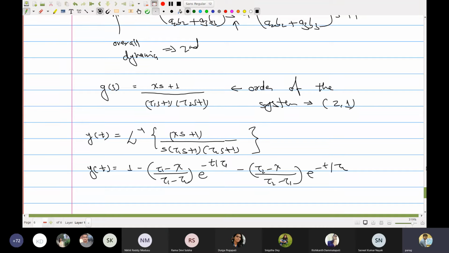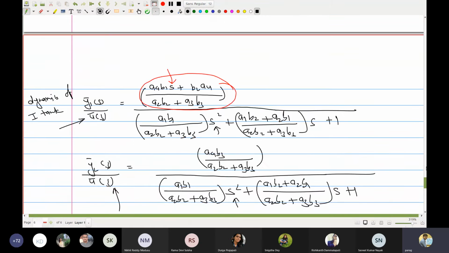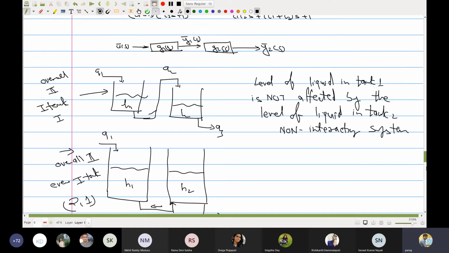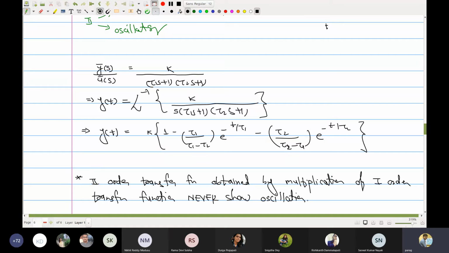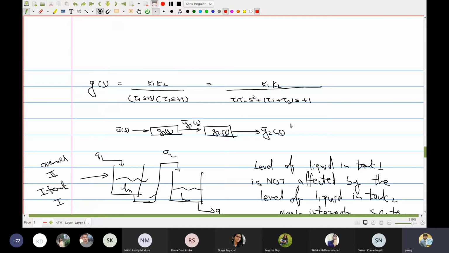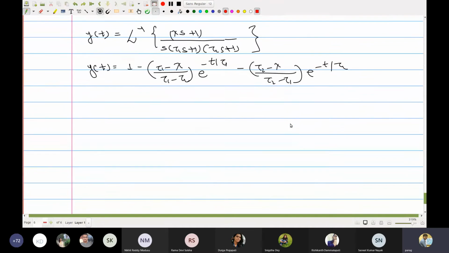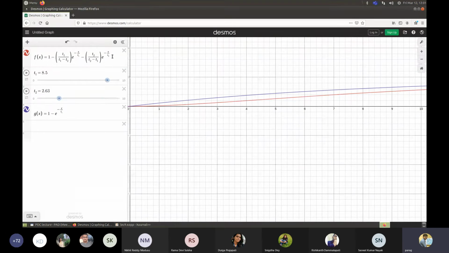Okay, so this is the overall dynamics when you have a quantity with s in the numerator. And how does this differ from the previous one when there was no psi in the numerator? It's exactly the same expression except that now here you have minus psi, here you have minus psi. So we can now analyze this dynamics. Let's go back and see how this dynamics works. So let me copy paste.